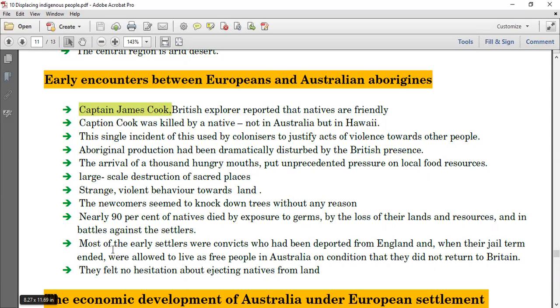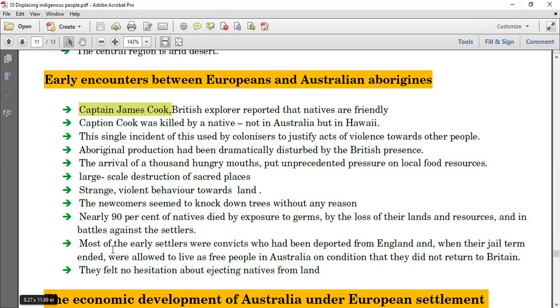Aboriginal production was dramatically disturbed by the British presence. The arrival of thousands of hungry mouths brought unprecedented pressure on local food resources, large scale destruction of sacred places, and strange violent behaviors towards the land. The newcomers seemed to knock down trees without any reason. Nearly 90% of natives died by exposure to germs, by the loss of their lands and resources, and in battle